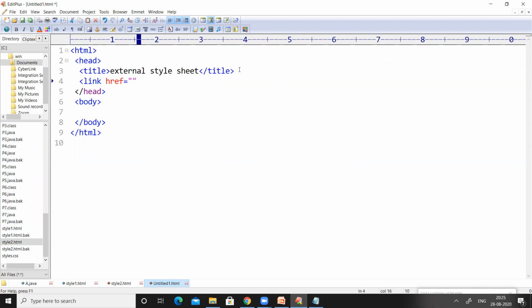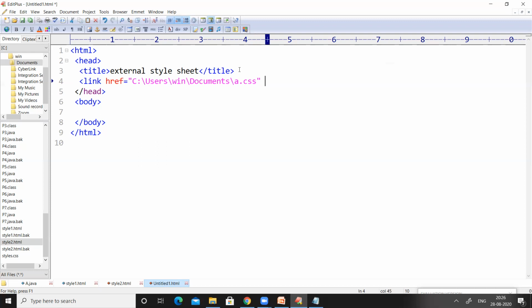For the href attribute, just paste the path that you have copied for a.css. My file name is a.css. So I have given the complete path of a.css to the href attribute of the link tag.